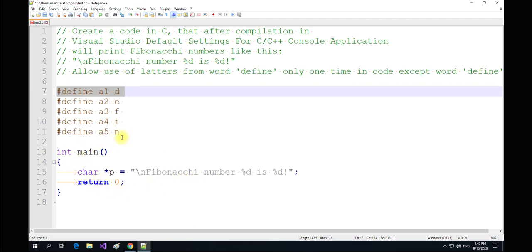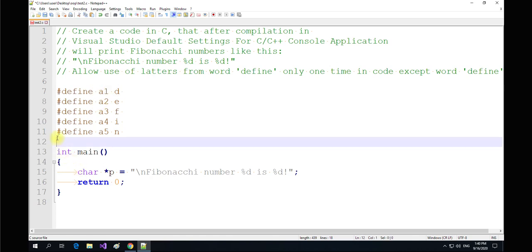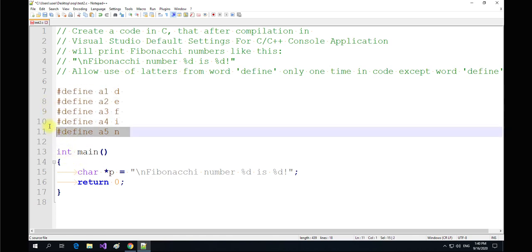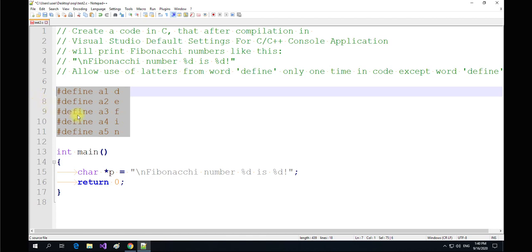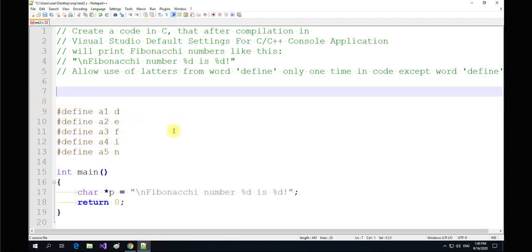The idea is that these constructions are not present in the final code that will be passed to the compiler. A common strategy in building your application is to transform the code in C through the preprocessor into preprocessed code, and then it will be passed to the compiler